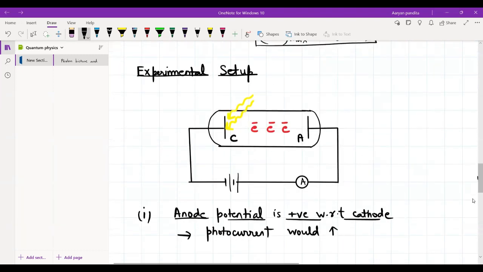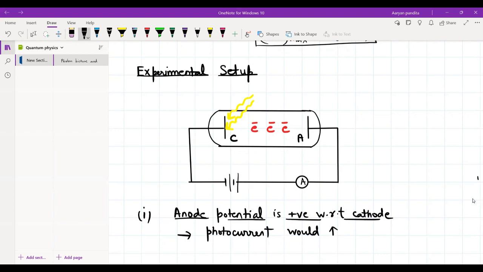Now, to understand this, if you look at this diagram, when the anode potential is negative, what happens to the electron with the maximum kinetic energy? When this electron comes out of the cathode and enters this region, its kinetic energy decreases, because there is an increase in the potential energy, and an increase in the potential energy leads to a decrease in the kinetic energy. By how much does the potential energy increase when the electron with maximum kinetic energy is emitted out of the cathode? The increase in the potential energy is eV naught. We all know it, it's basic. So the increase in the potential energy is eV naught, but this increase leads to the decrease